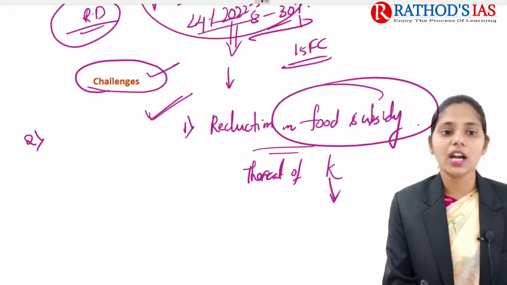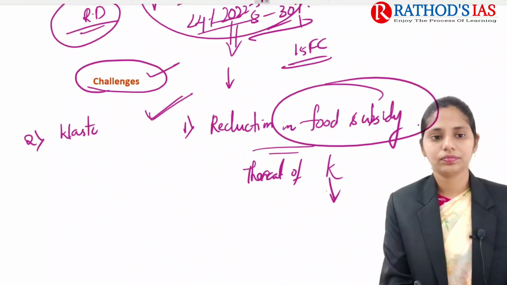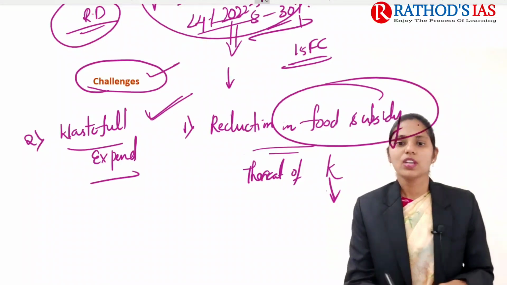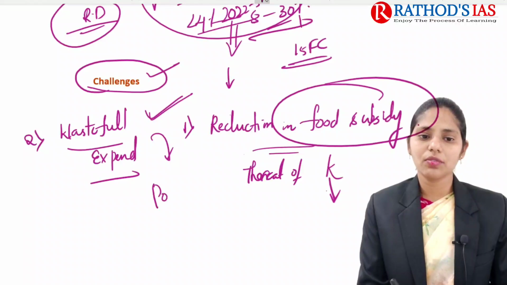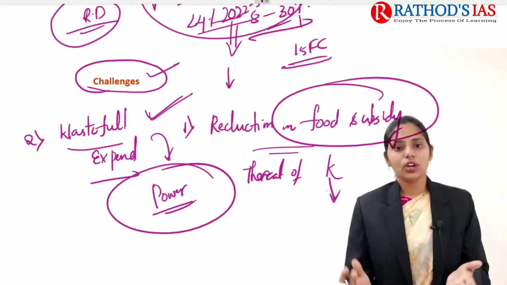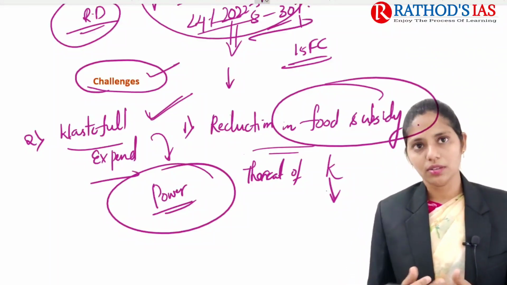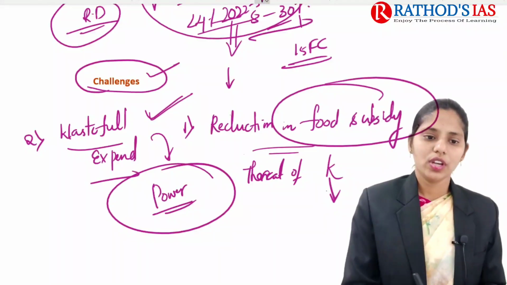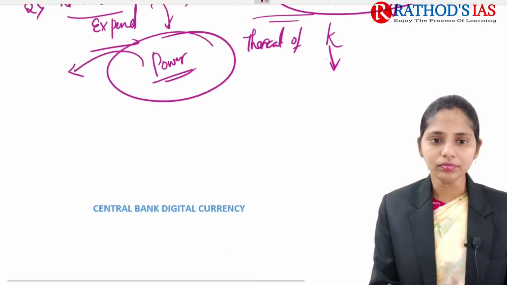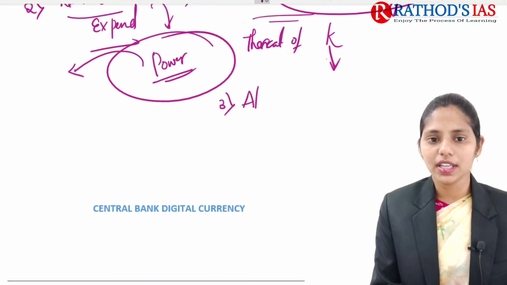And the second one is regarding wasteful expenditure. If you are talking about wasteful expenditure, there is a high subsidy given in power. But we are seeing that in power it is not very efficient. So here we need to go for better targeting of this wasteful expenditure. And the third important thing here is regarding